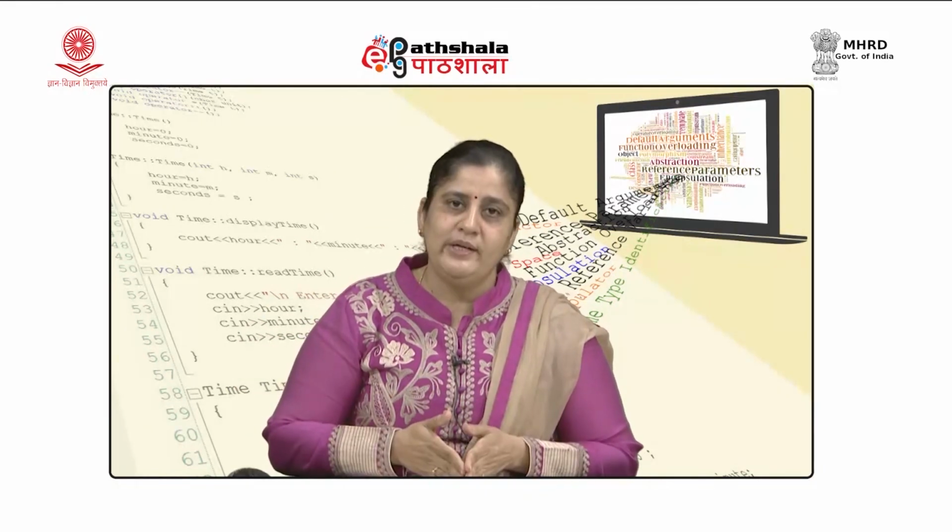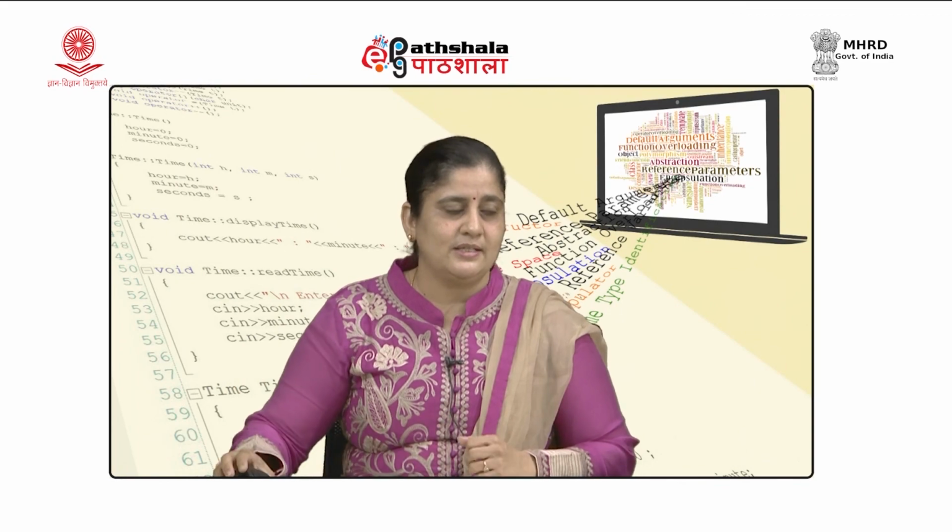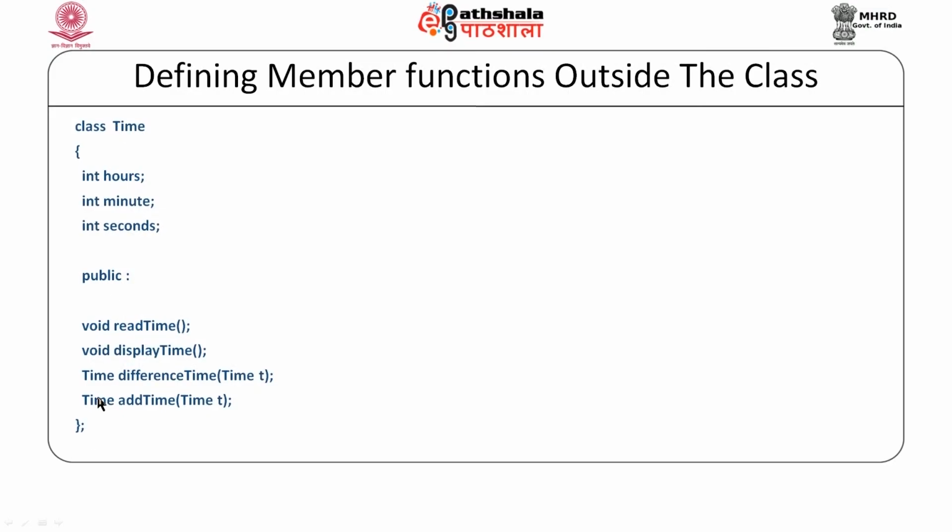Now, my class is over here. So, the class has been completed over here. But what remains to be done is the definition of these functions that we would define outside the class. Now, you would see, even if I add 2 more functions, still in one page or in one screen I would be able to have the entire definition of the class. So, very clearly I would be able to see what the class actually has and what data members and what operations are defined inside that class.